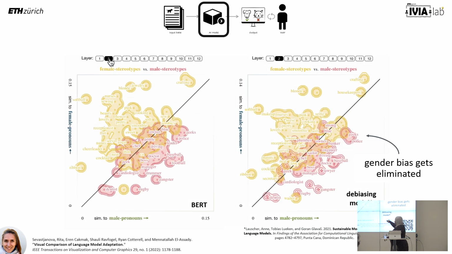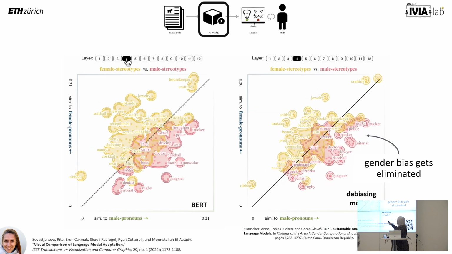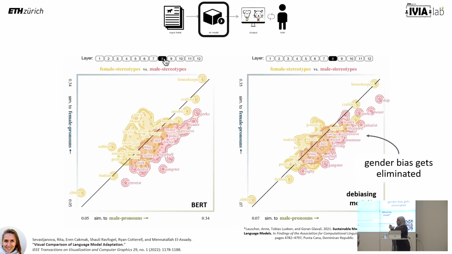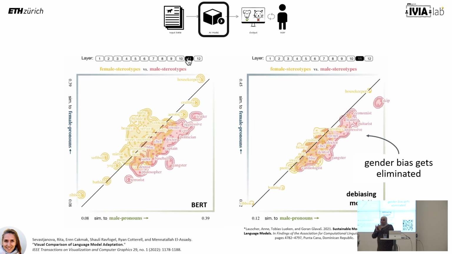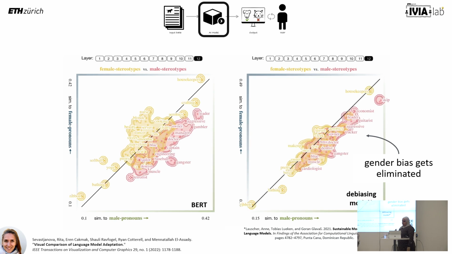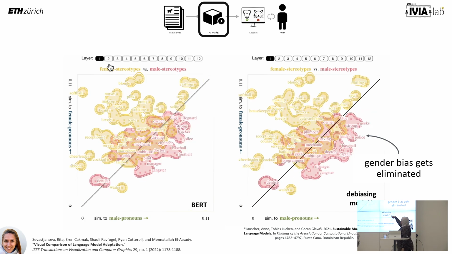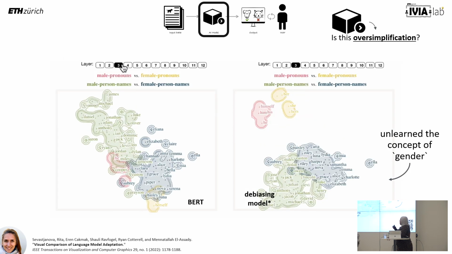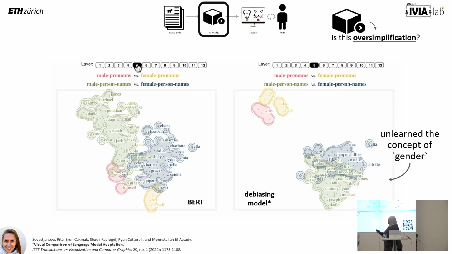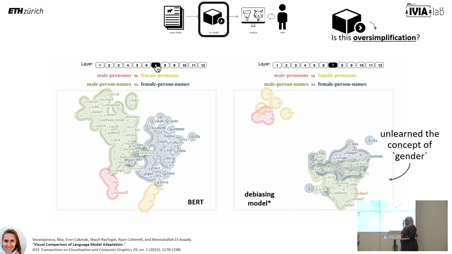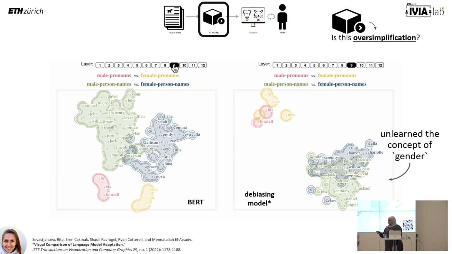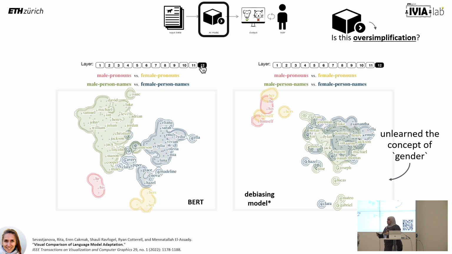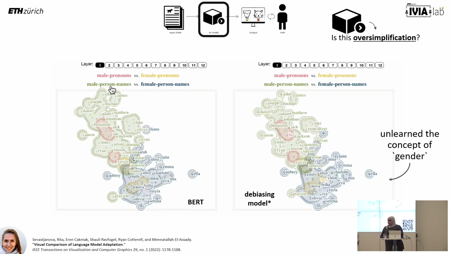If you look at this de-biased model, we can go through all of the different layers again and see that the distribution is getting a little bit closer to the diagonal, meaning that we don't have these overly stereotyped characteristics. So we have a larger overlap over here. But if we look at whether this model can distinguish male and female names, we see that it might have unlearned a little bit the concept of gender association to a particular name. So we have removed some of this bias, but while doing that, we have also unlearned some of these aspects that relate to gender.